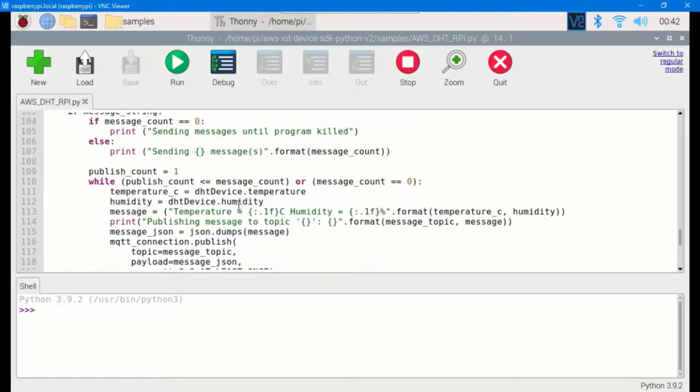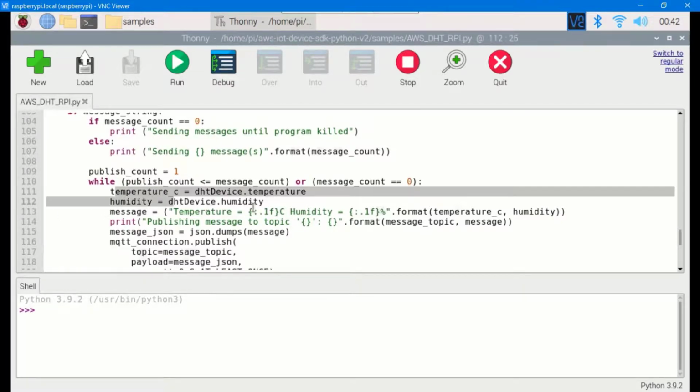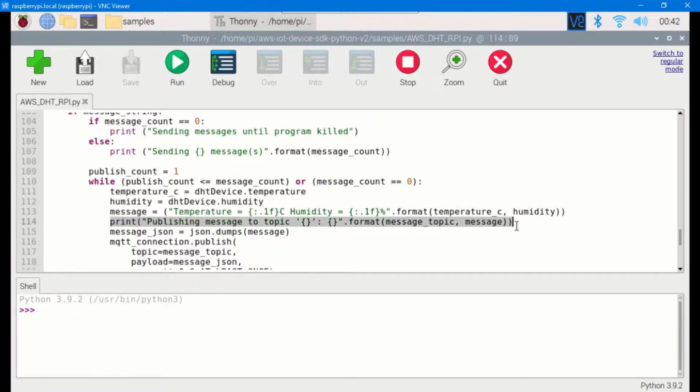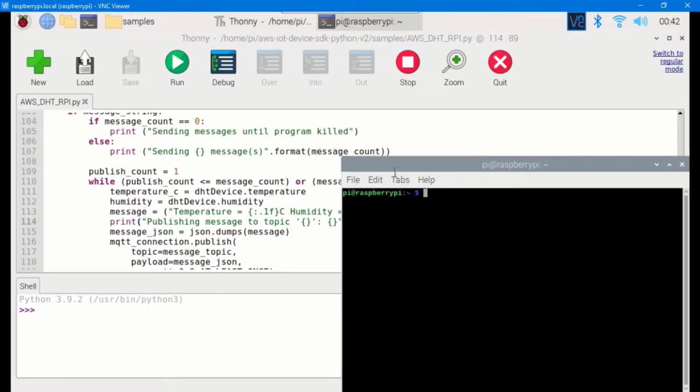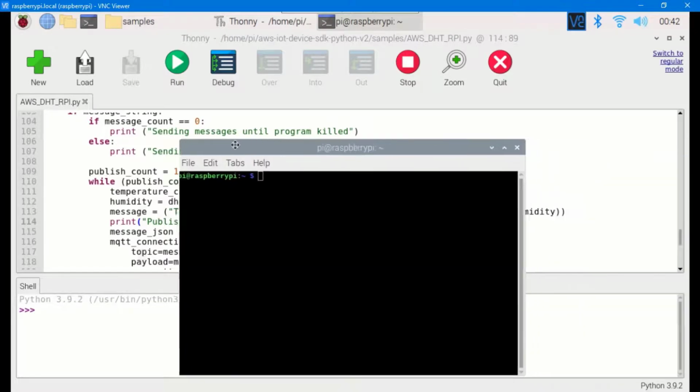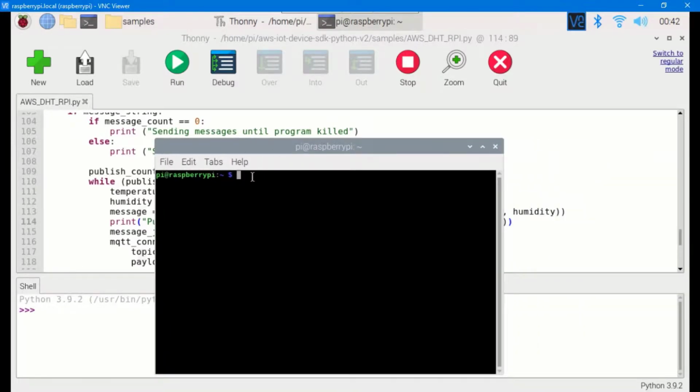To run this code, if you check lines 113 to 114, here I'm taking my temperature and humidity reading, and here I'm publishing it to AWS IoT Core. So to run this code, head over to the terminal, and take note, here we are going to be writing a long string of command. I'm going to run the code using Python 3, and the code is named